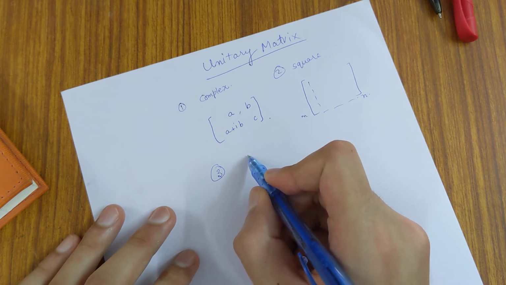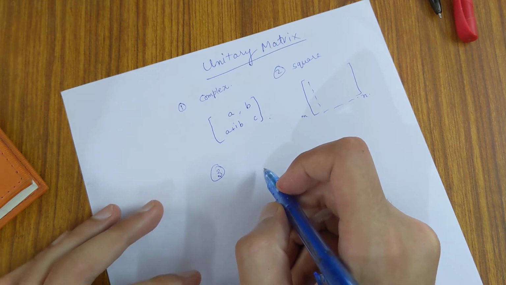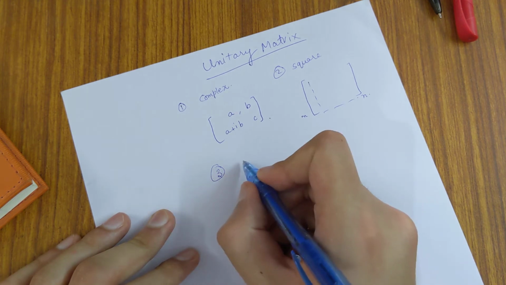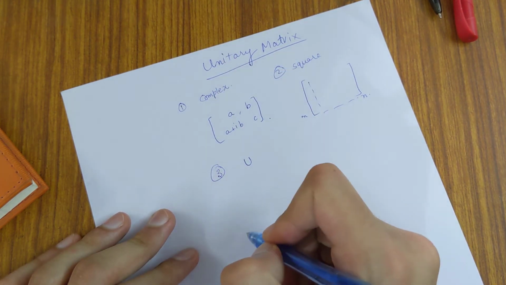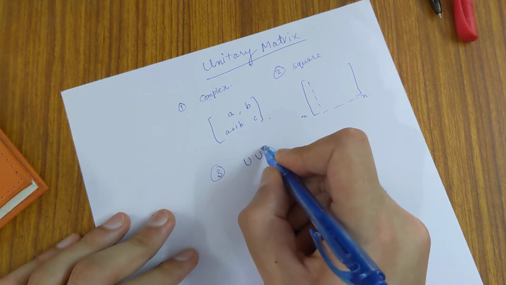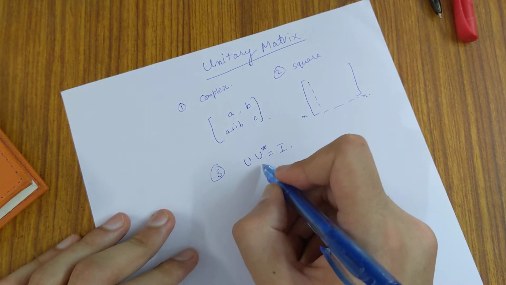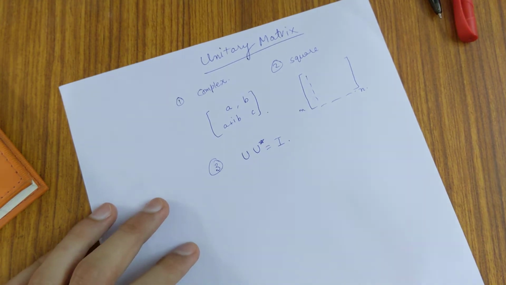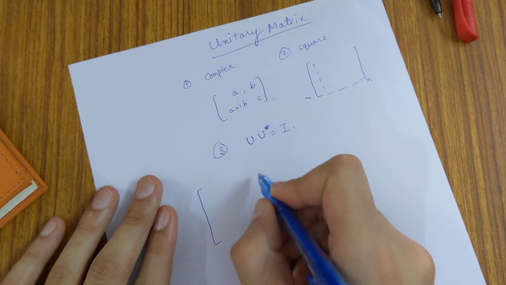if we multiply the matrix with its own conjugate transpose. So what is conjugate transpose? I will tell you. So for example, this is a unitary matrix U, and if we denote the conjugate transpose as U star, then the product becomes I. So the conjugate transpose is the inverse of the matrix itself. So I'll tell you what a conjugate transpose is.